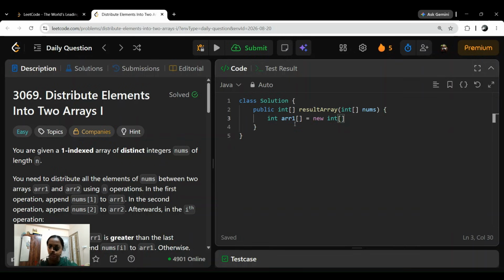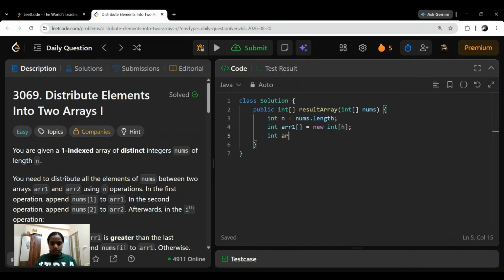We need a size, so int n is equal to nums.length, and we will use the n size. Why? Because we don't know how many elements will be in array 1 or 2, since we are splitting n into 2, but the maximum we can take is n.